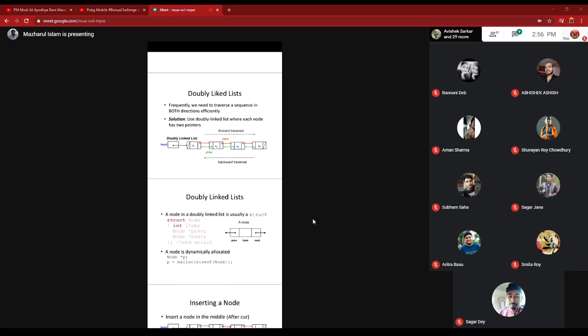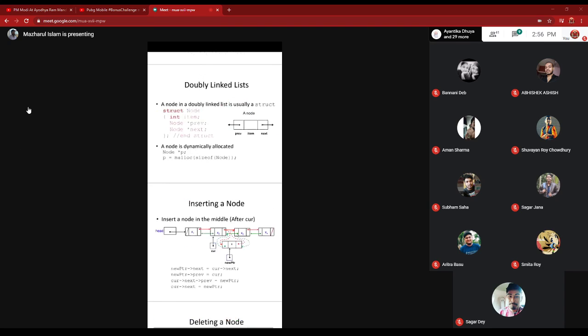So the logical view is shown here. Now when you implement it, the structure variable as per the C programming language will be like this: struct node, int item, node star prev, node star next. So here it is shown. After the inclusion of the header file in your C program, this definition of the structure of the node you have to write there, and then inside the main,